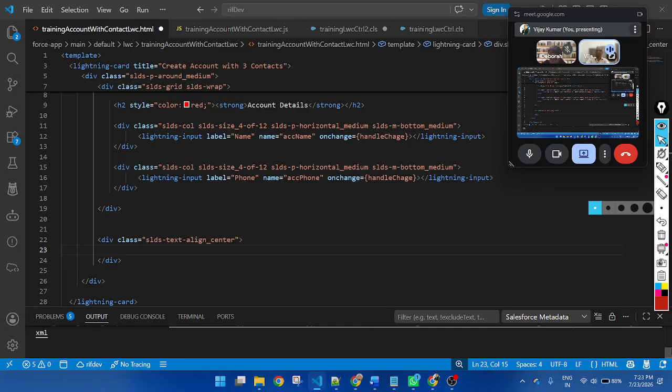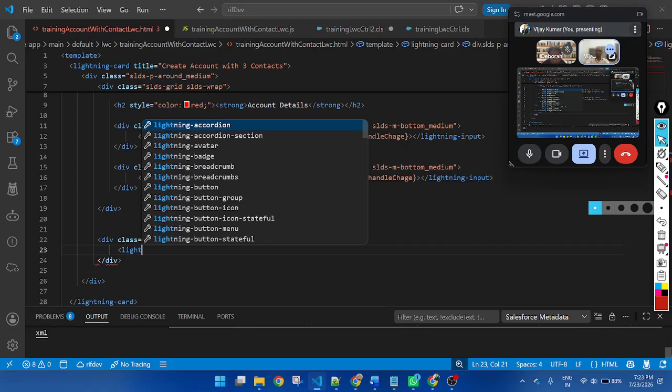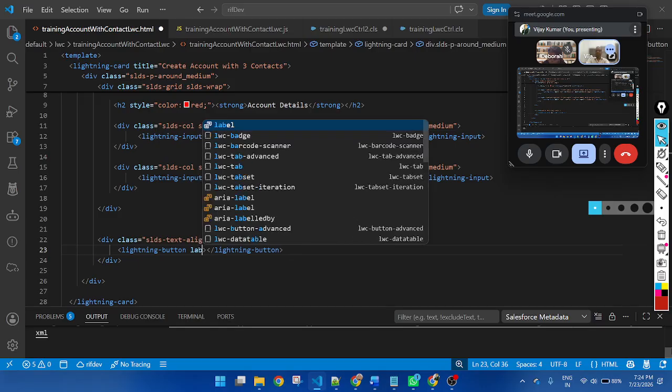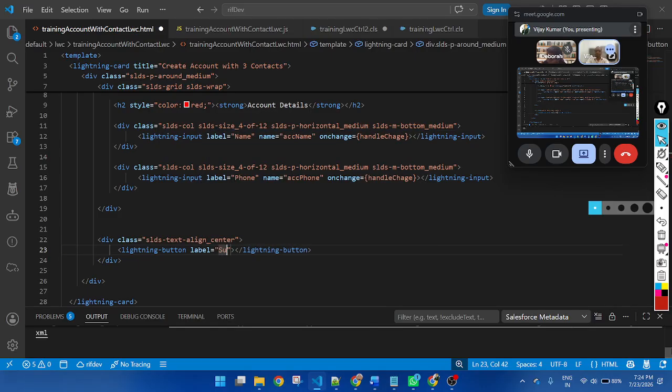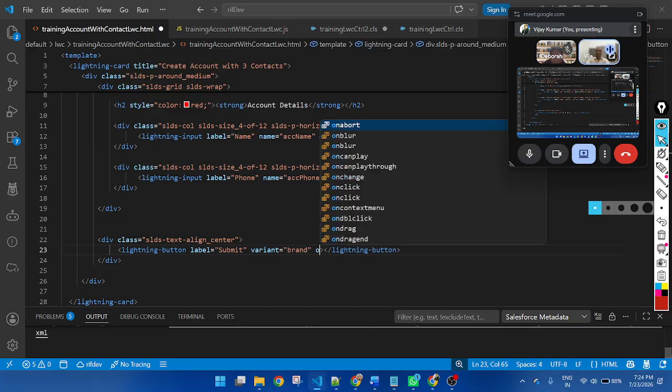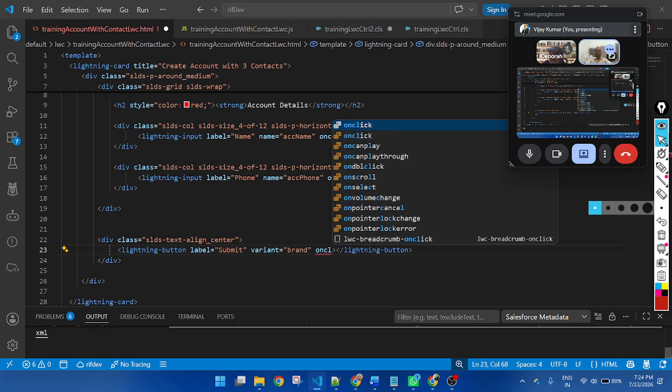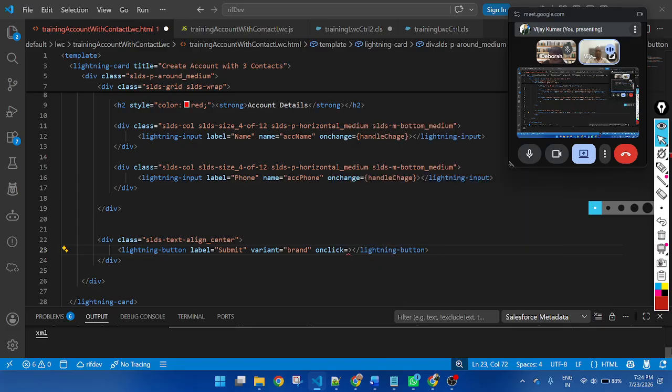Inside the div I will create a lightning button with label submit, variant brand, and onclick pass a function, submit action.